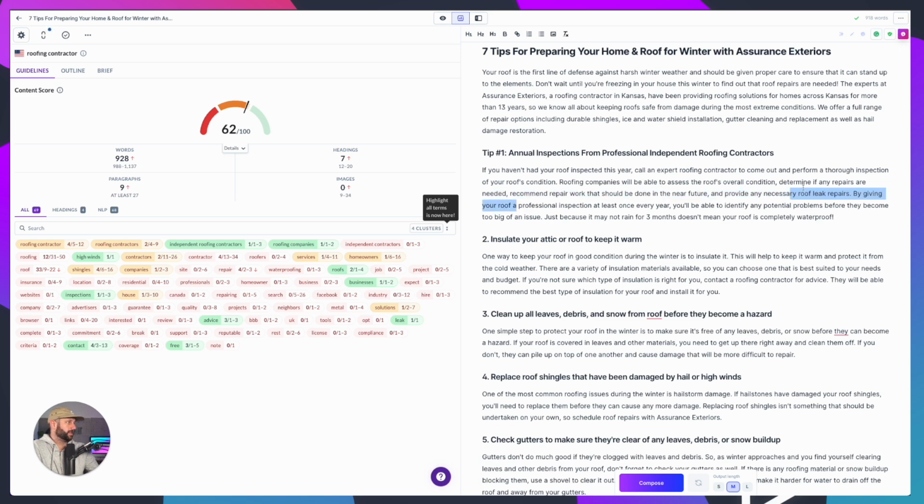So I can take out this little piece, by having a professional inspection by having roofing contractors